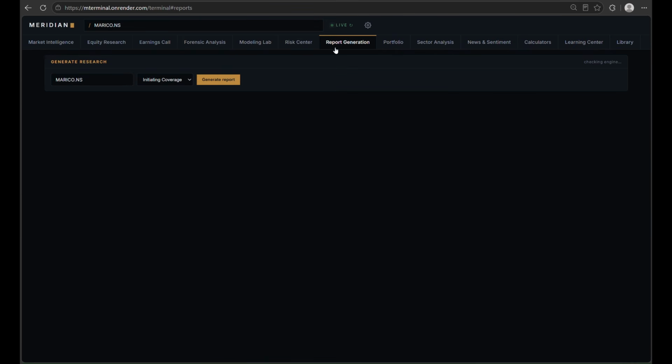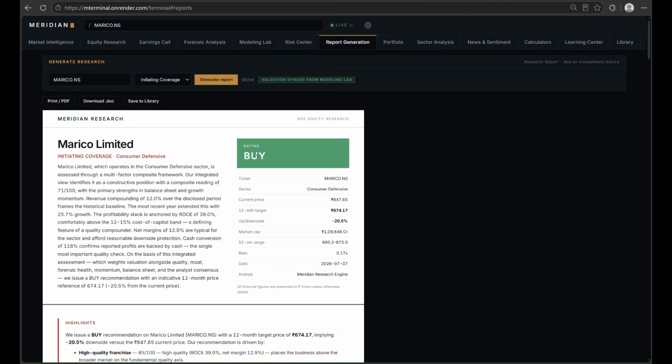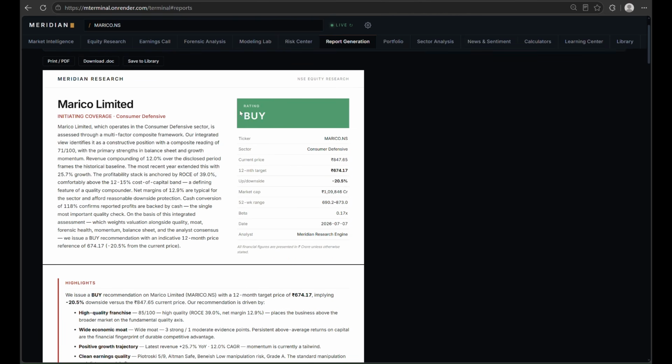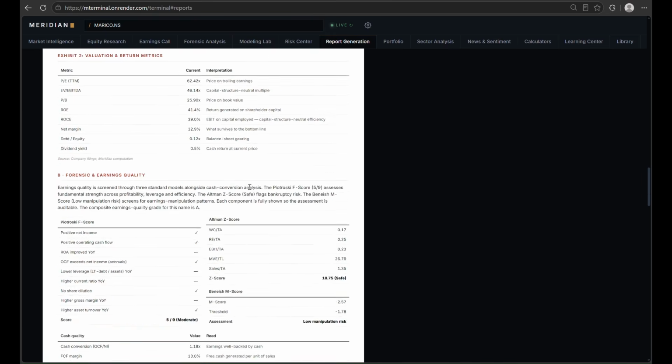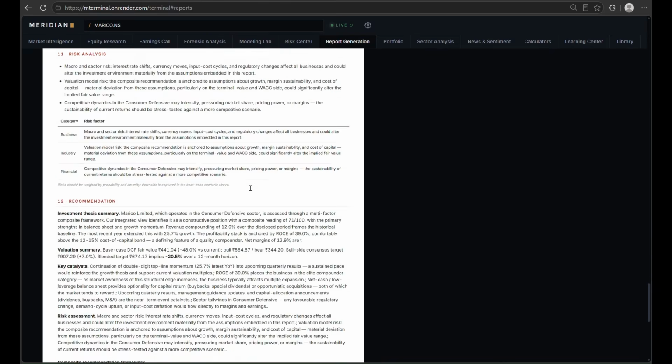If I have to showcase all the working that I have made, we can showcase it in the Excel, and we can also showcase it in our report. So this is the report generated. This is the rating given. Everything is in there. All the numbers are coming from the way of working.